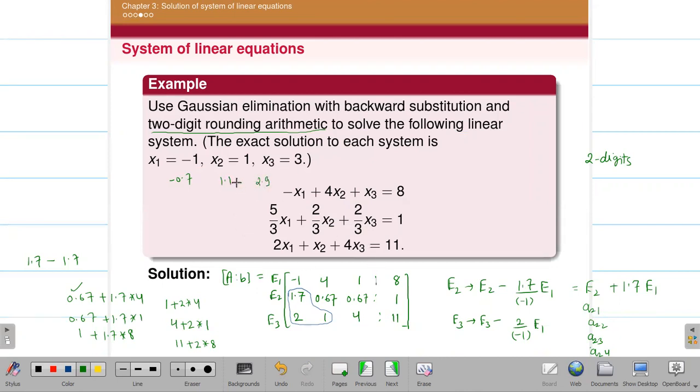So here you can see we are getting an approximation. Although it is a direct method, we are getting the approximation because these coefficients are decimals and we are using 2-digit rounding arithmetic. If the coefficients are natural numbers, then from Gauss elimination you always get the exact solution. So this is an approximation because of rounding and chopping only. Otherwise, you will get the exact solution from Gauss elimination or LU decomposition, because these are two direct methods. Only if the coefficients are decimals will you get an approximation.